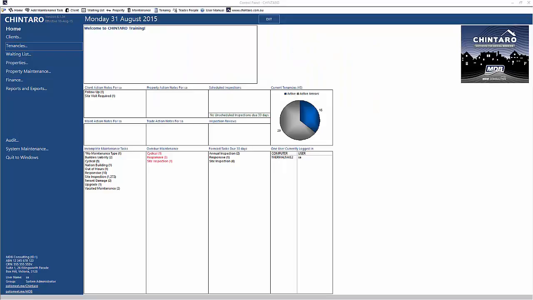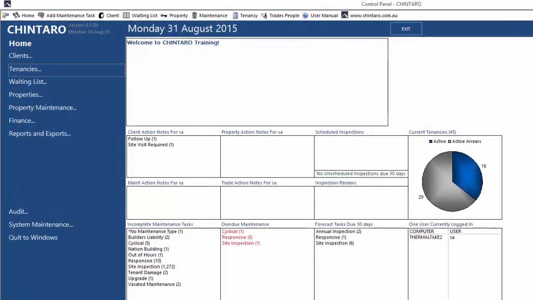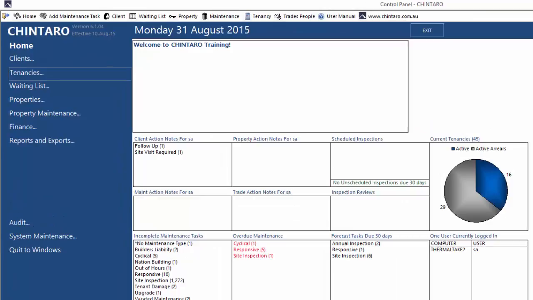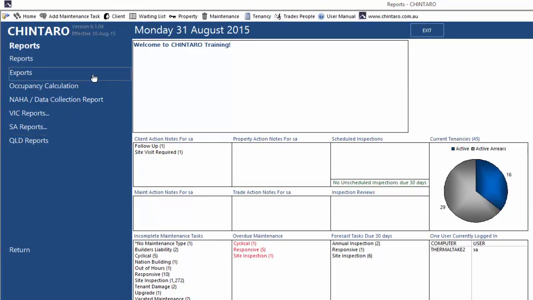In this video, we'll have a look at exports in Shintaro. Exports are used to get data out of Shintaro into Excel, where it can be manipulated as required, or perhaps imported into another system. To get to exports, from the home screen, we go into Reports and Exports, and into